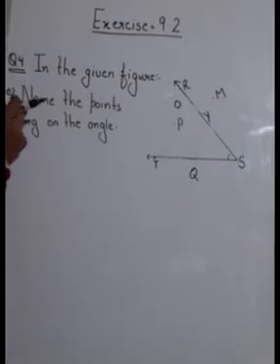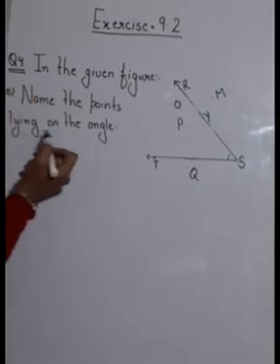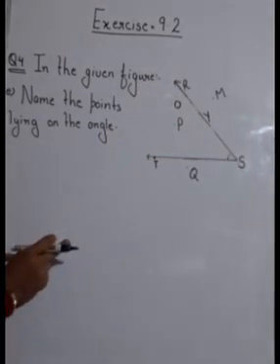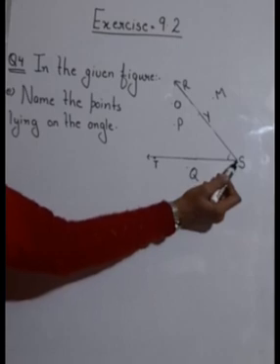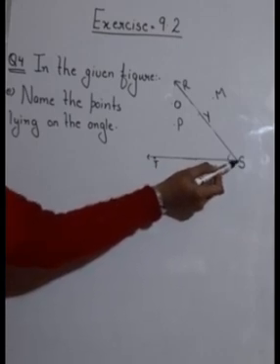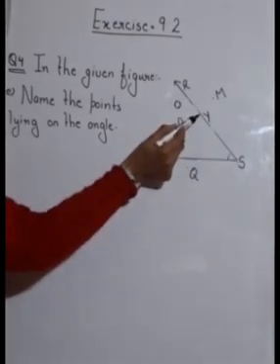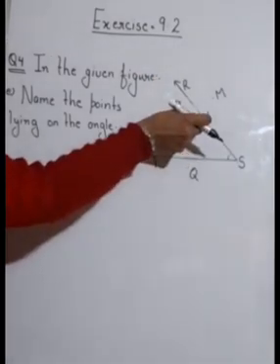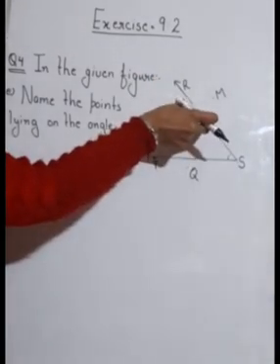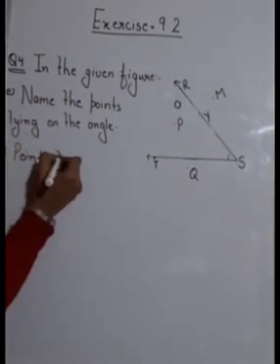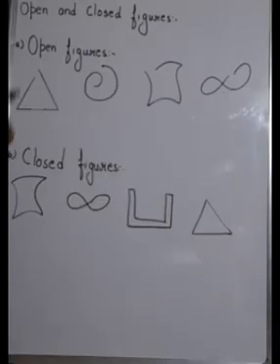Okay. Now in the last part they have asked you to name the points lying on the angle. On the angle means the points which lie on the boundary. Now go toward this ray, that is ST. You can see that no point is lying on this one. Now come to ray SR. You can see that point Y is lying on ray SR. It means it's lying on a boundary, or you can say that point Y is lying on an angle. So your answer will be point Y. Clear?